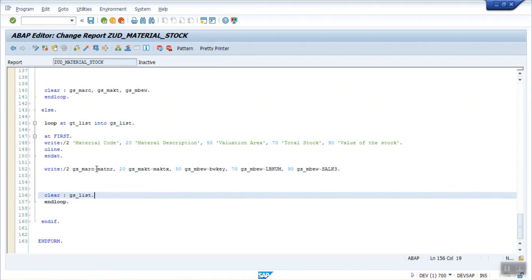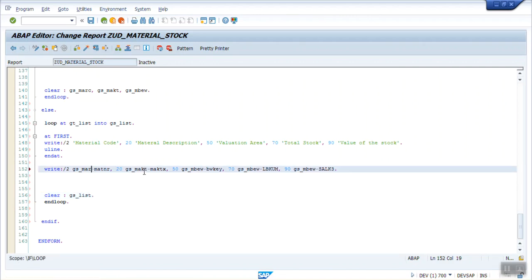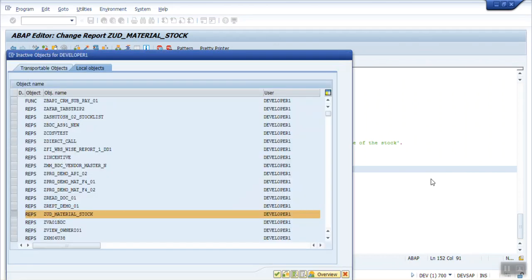Here I have to write everywhere GS_LIST. Save, check, no error, activate.